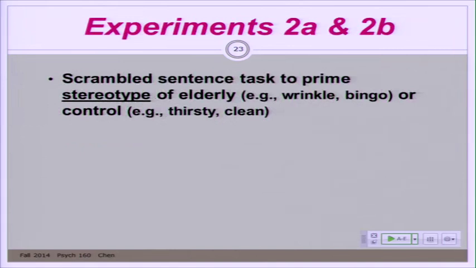Here they wanted to prime a stereotype schema. And they pre-tested and found out that people have certain stereotypes of what elderly people are like. This is at NYU, on the East Coast. You know, New Yorkers, where I'm from, we think of the elderly as Jewish people who go down to Florida in the wintertime, where we retire down there. It's a particular stereotype you have of elderly people in the Northeast.